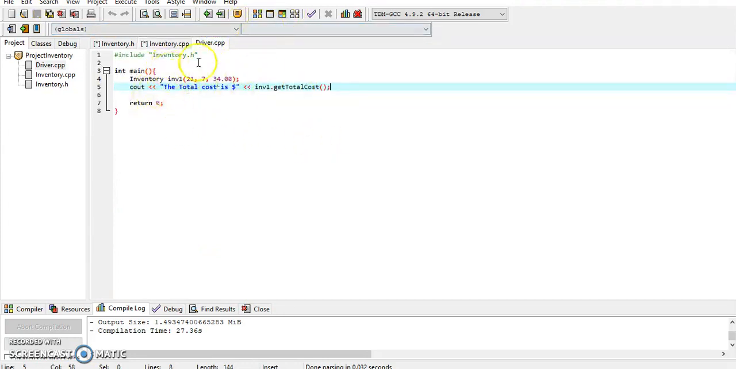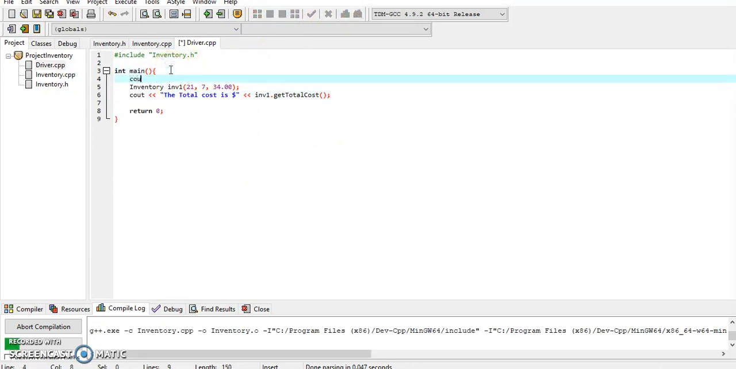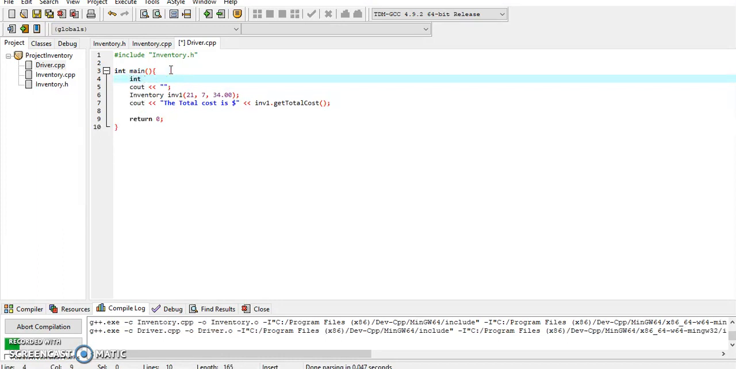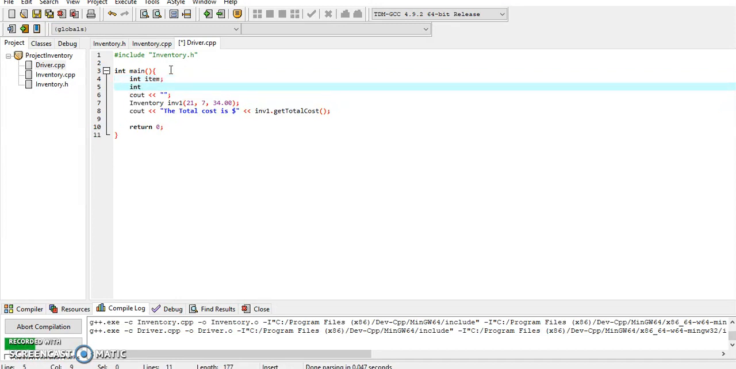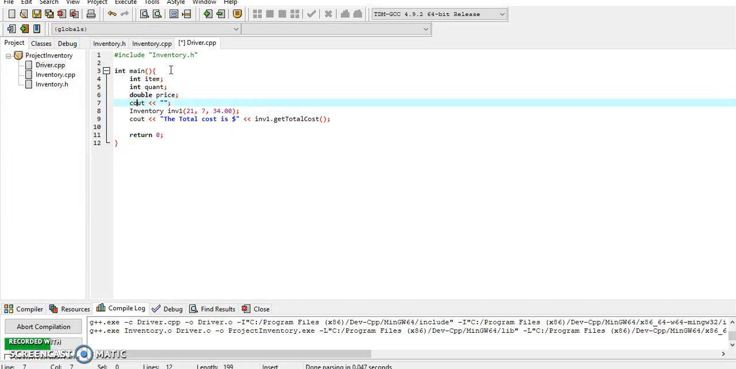We could actually allow the user to enter in the values here, but if we have time, we'll just do it. So let's just compile and run this. In the meantime, because this is probably going to take a long time, I'll probably have to make some variables anyways. So I'll have to have like, let's just say item, and int quant, and double price, and now I can say cout,